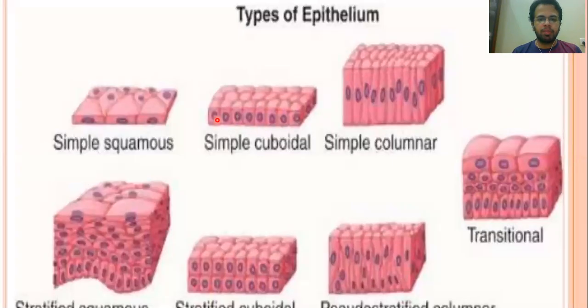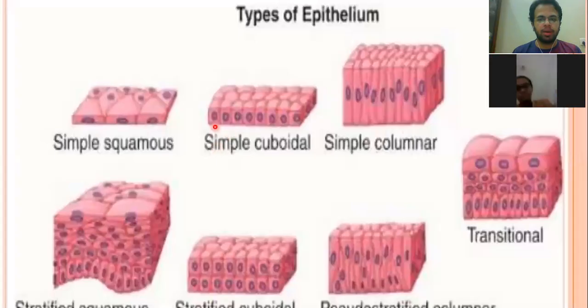If you look at the simple cuboidal, why are we calling it simple cuboidal? Because it is made up of a single layer. Number one, it is made up of a single layer of cells, and number two, that single layer of cells is made up of cuboid shapes, right? So therefore we say it is simple cuboidal. You can also see that it is a single layer, only one nucleus layer, right? It is tall shape epithelial cells. So we say that this is the simple columnar, right?